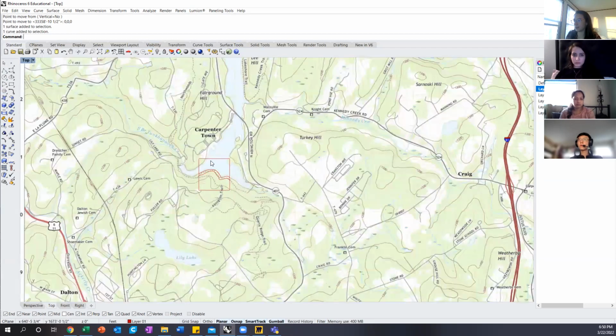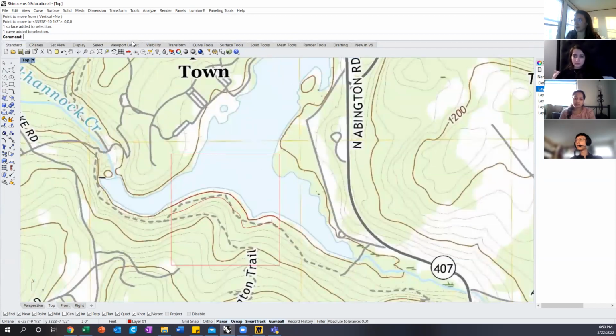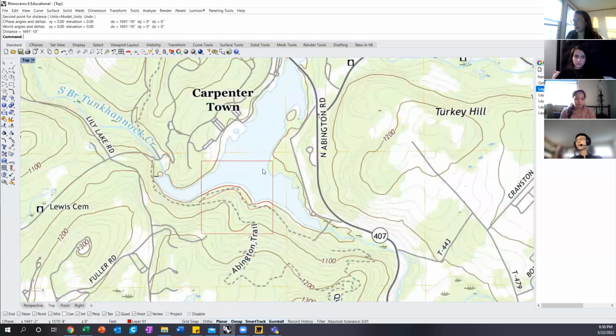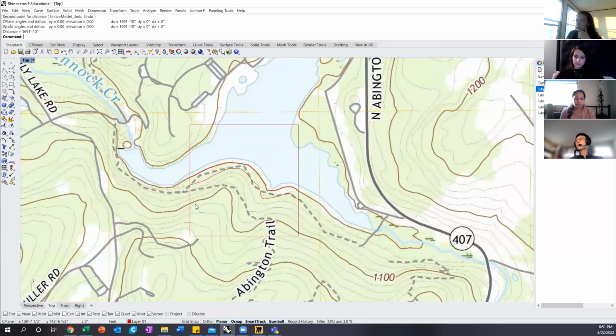So with that in mind, we can now pick an area that we want to model for our site. So this area that I've picked is also still quite large, and you probably won't need to use this much area. This one dimension right here is almost 1,700 feet in one direction. But we can only get so detailed at this scale. So we'll just model a small portion of it, and then we'll also learn how to